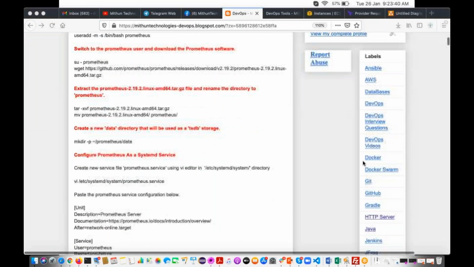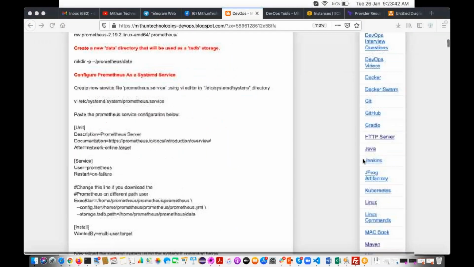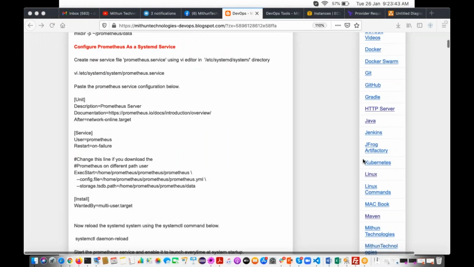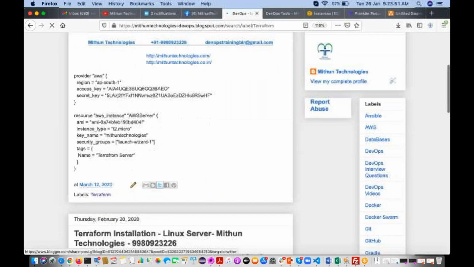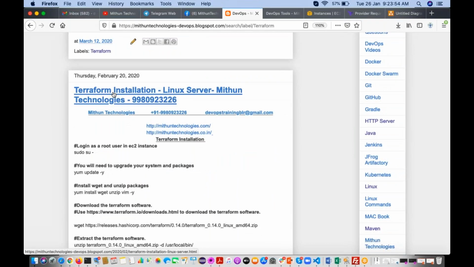Okay. See, I want to install Terraform. Here you will see one label, Terraform. Click on this one, Terraform. Just scroll down. See here, install Terraform in the Linux server. Before executing these scripts, first let me create one EC2 instance manually as a Linux server. You can install Terraform on your laptop also, on a Windows machine or MacBook, and do it from there. But now I'm going to show you how to install Terraform in the Linux server.